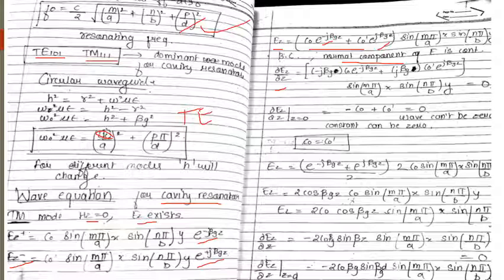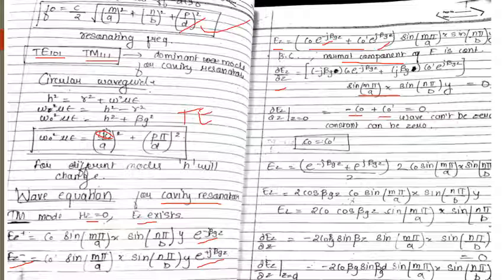So in this, what will happen? The wave cannot be equal to 0. Same phenomenon. The wave cannot be equal to 0, then the constants have to be 0. When you take the constant to be 0, minus C naught plus C naught dash becomes equal to 0. So from this, C naught becomes equal to C naught dash. As a result, when I substitute, both become the same. So C naught comes out, and this becomes e raised to minus j beta g z plus e raised to j beta g z.